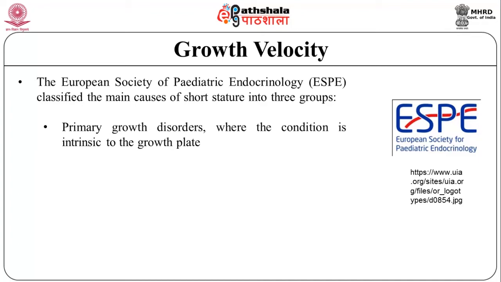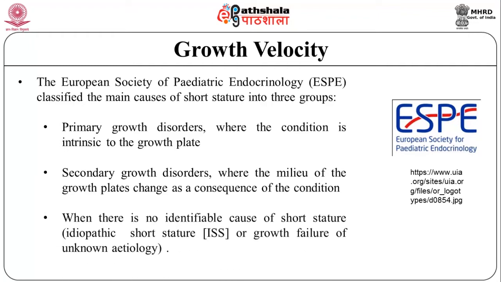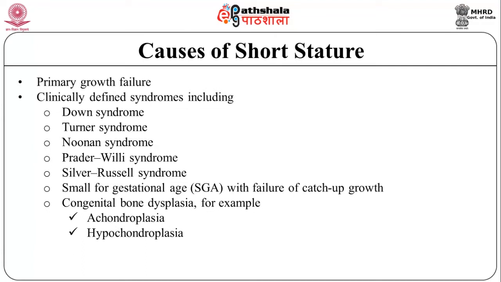Primary growth disorder, where the condition is intrinsic to the growth plates. Secondary growth disorders, where the milieu of the growth plate changes as a consequence of other conditions. And third, when there is no identifiable cause of short stature, idiopathic short stature (ISS) or growth failure of unknown etiology. Witt et al. 2007. Causes of short stature could be primary growth failure, clinically defined syndromes including Down syndrome, Turner syndrome, Noonan syndrome, Prader-Willi syndrome, and Silver-Russell syndrome. Small for gestational age or SGA with failure of catch-up growth,